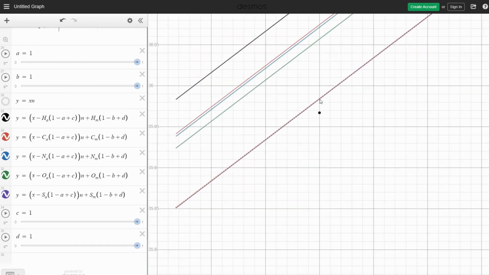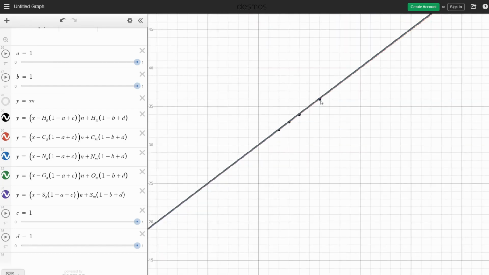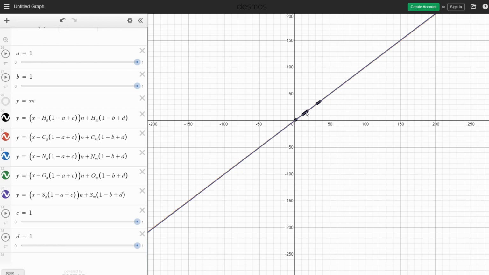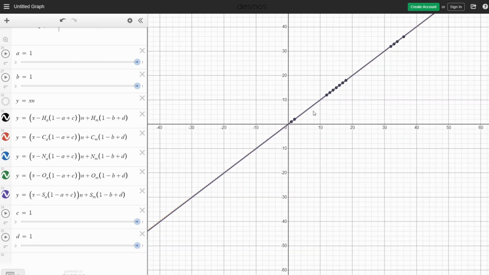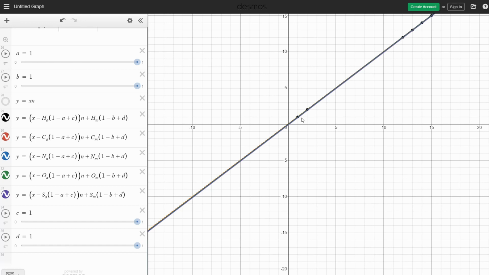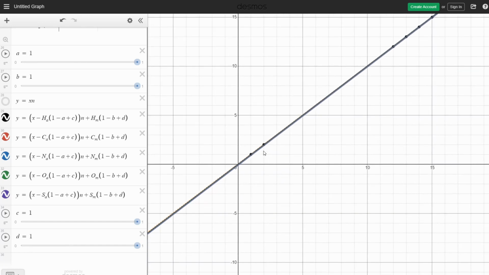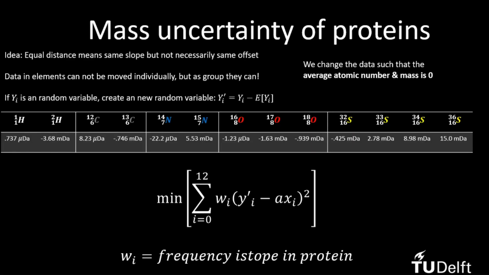So clearly you can see that if you allow the elements to have their own offsets, which of course makes sense, then they have a far better estimation than if you would have a shared offset. But of course, coming up with this method to make sure that you get the most freedom out of your system, even though they need to have the same shapes, is not trivial to find. And this allows complexity to stay down while also having a really good estimator. I hope that was all